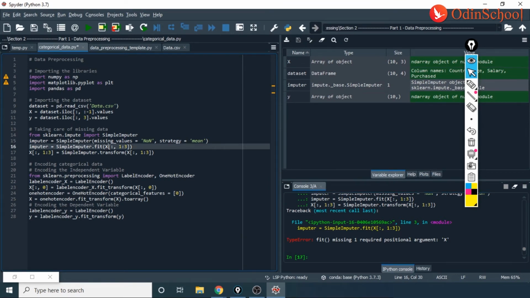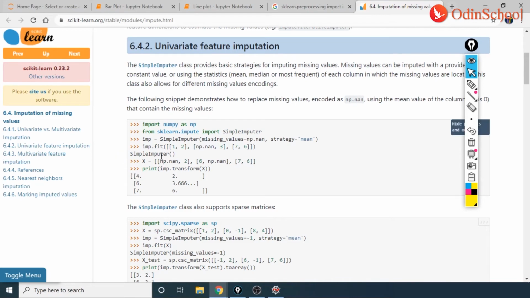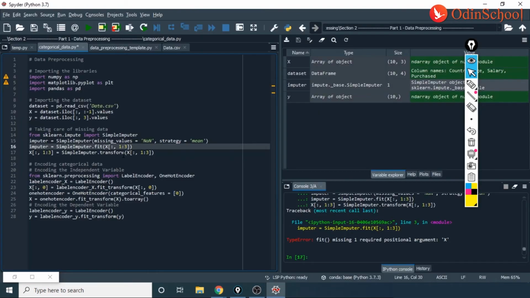We see that x is given here, and after fit, what are we doing in the next step, guys? We're using transform, and we are having transform here as well. So ideally, technically speaking, there is no error here, but it is still saying that this fit x needs to have a value.